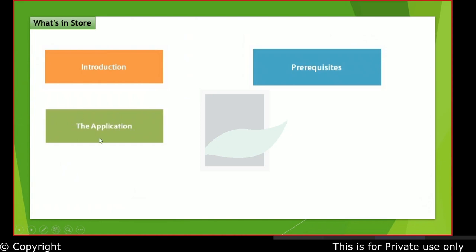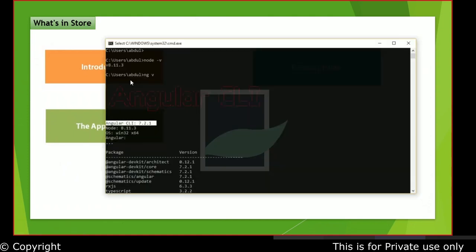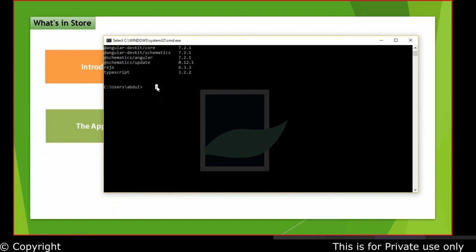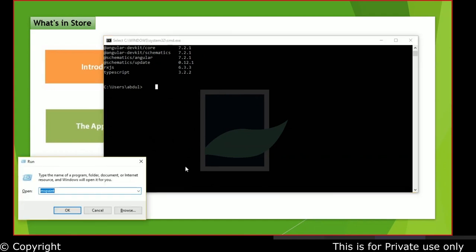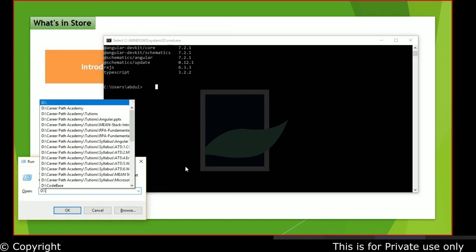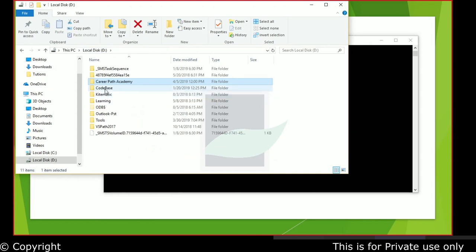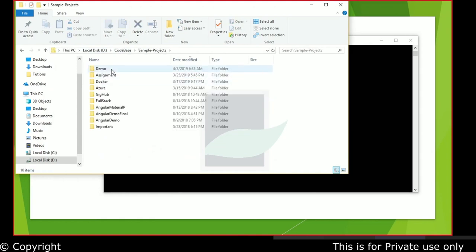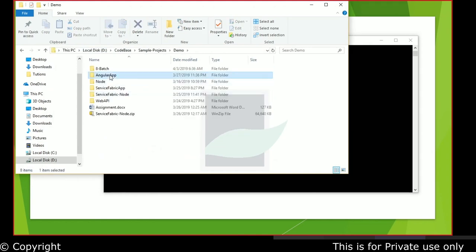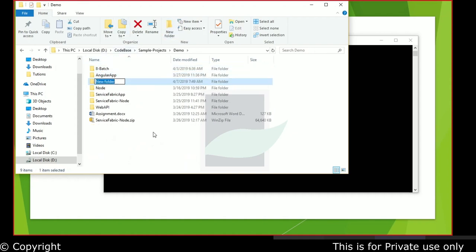Then we set up a skeleton application. We'll create a skeleton application using Angular commands. So if I just go to my regular demo location, let me just go there. Just 1 minute. I keep taking batches, so let me just create a new folder.